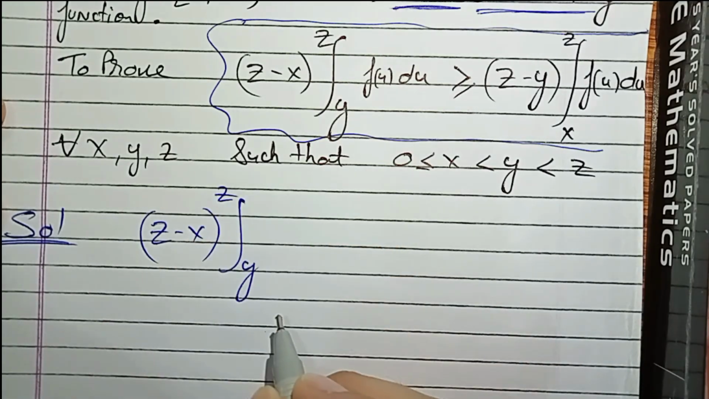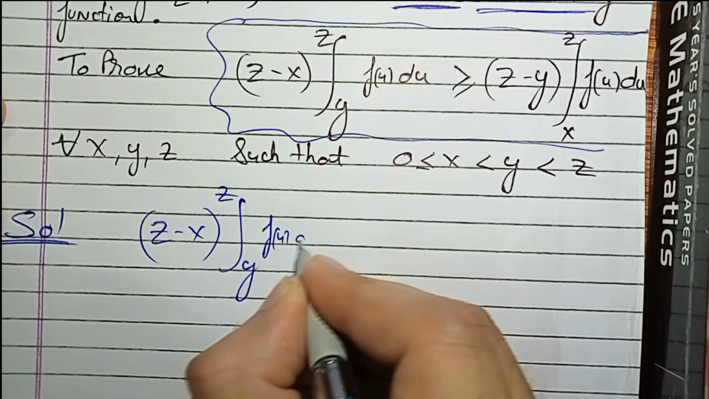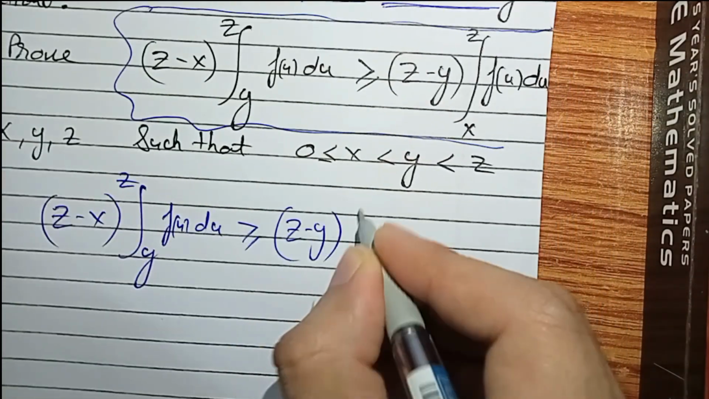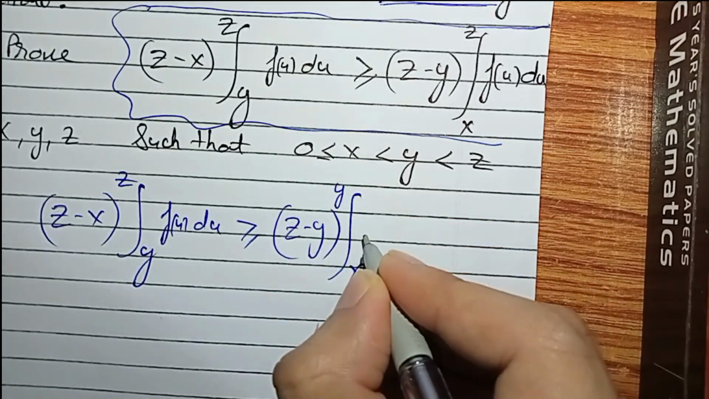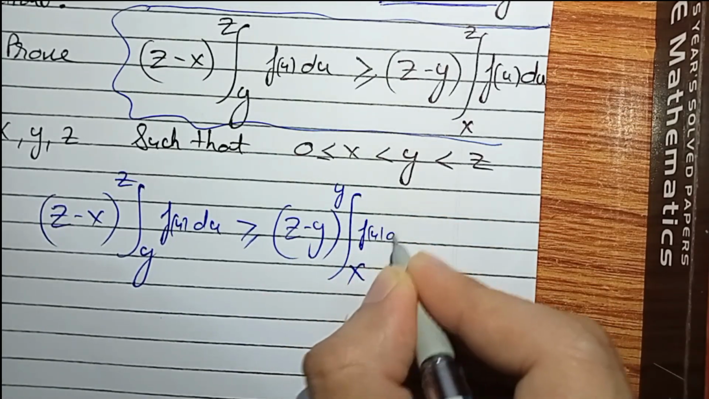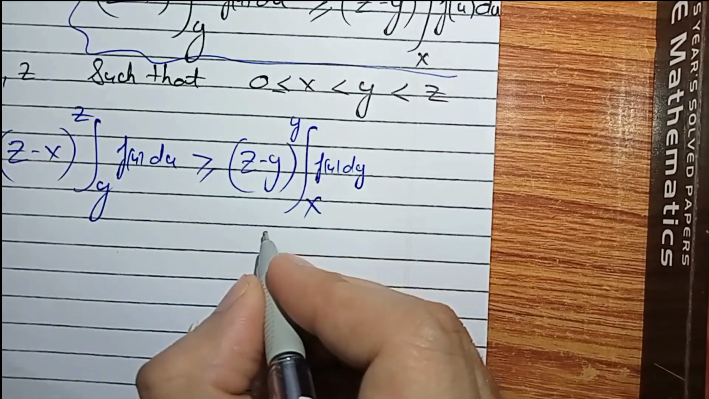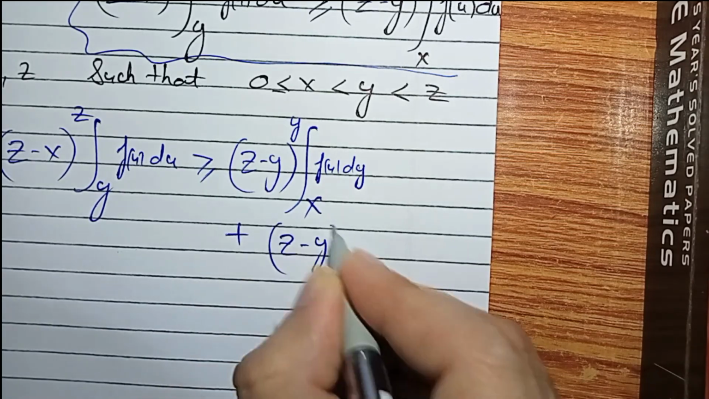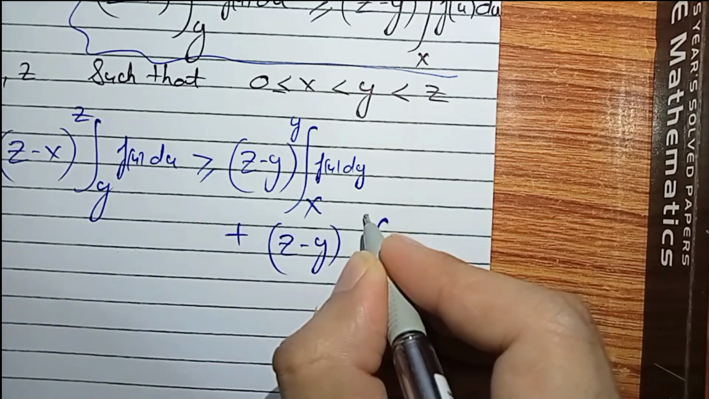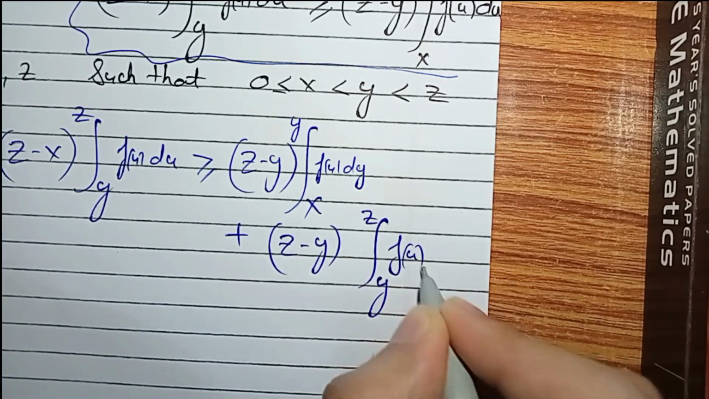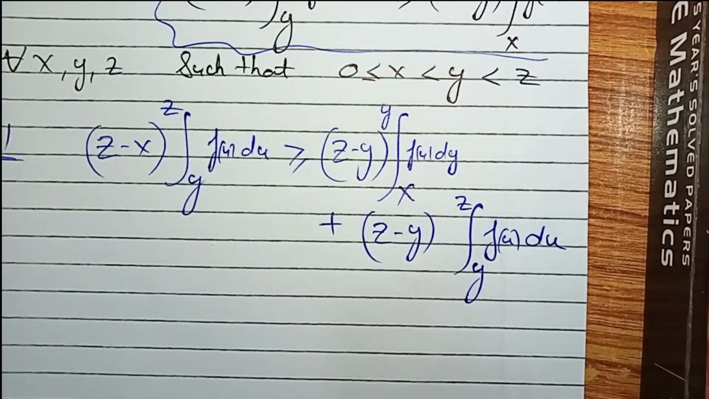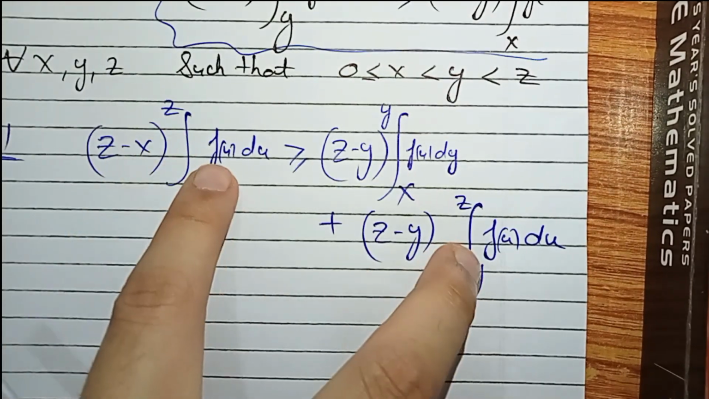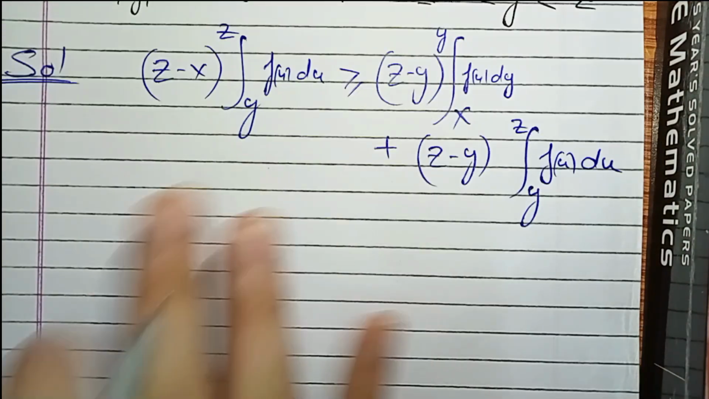It's the integral from y to z of f(u) du is greater than, first I'll take it from x to y, then I will write z minus y times the integral from y to z. Okay, so now I would like to club these two together, and then I would get